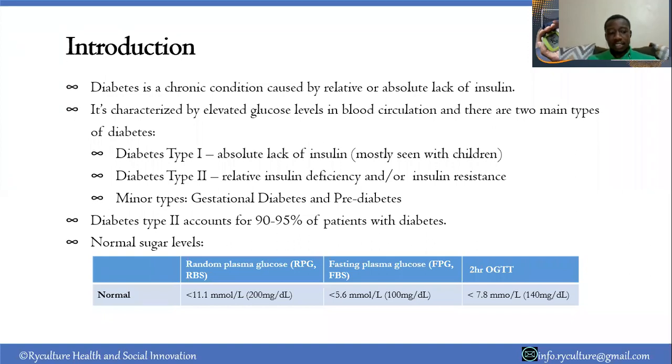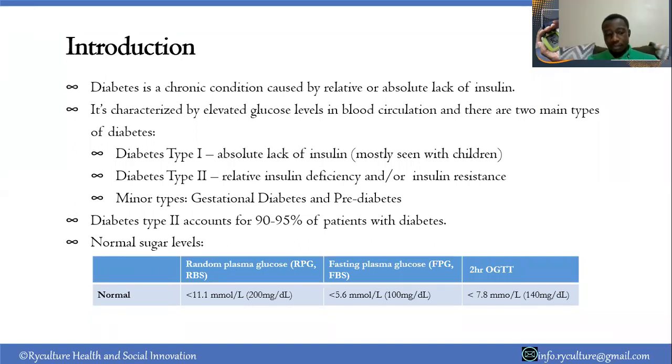And the normal ranges are the ones that I've given down here. If you are able to see my screen, the normal is less than 11.1 millimoles per liter. On the poster that we had, you can see the glucometer in this image, somebody testing their sugar levels. The values normally indicated come in millimoles per liter, and we normally recommend glucose levels between 4 and 11, less than 11. That is either random or fasting, but fasting should be less than 5.6, taken after 8 hours of fasting.